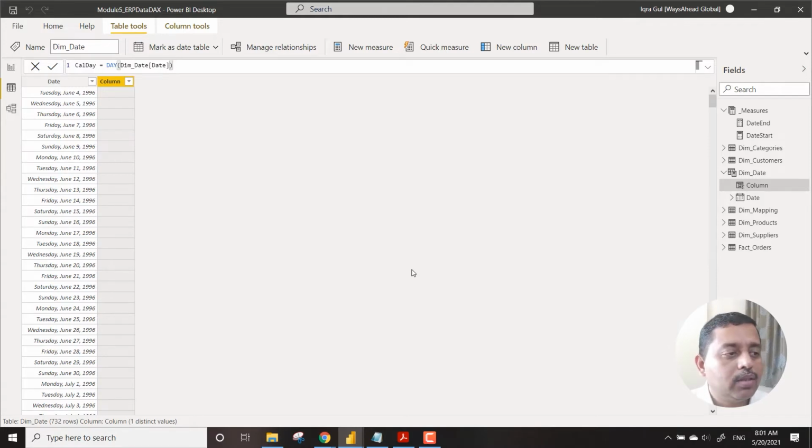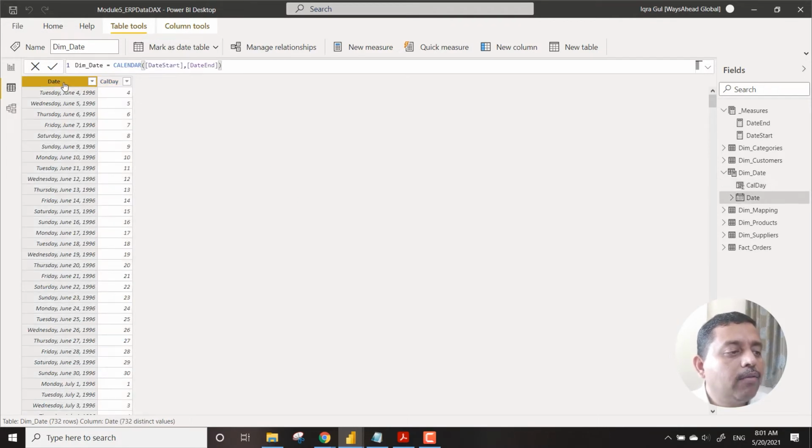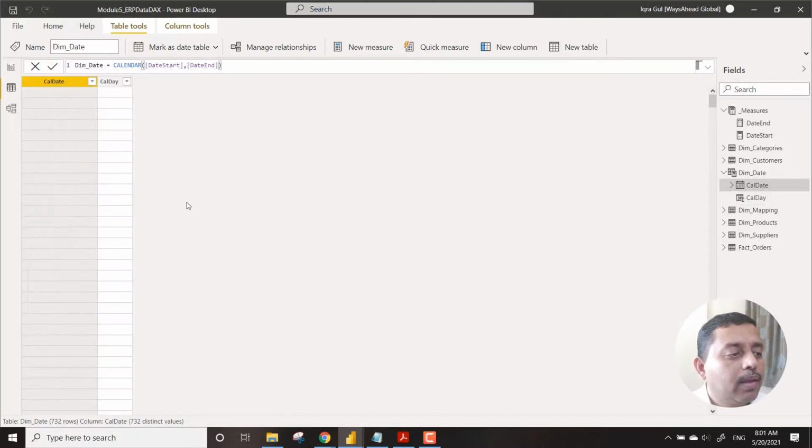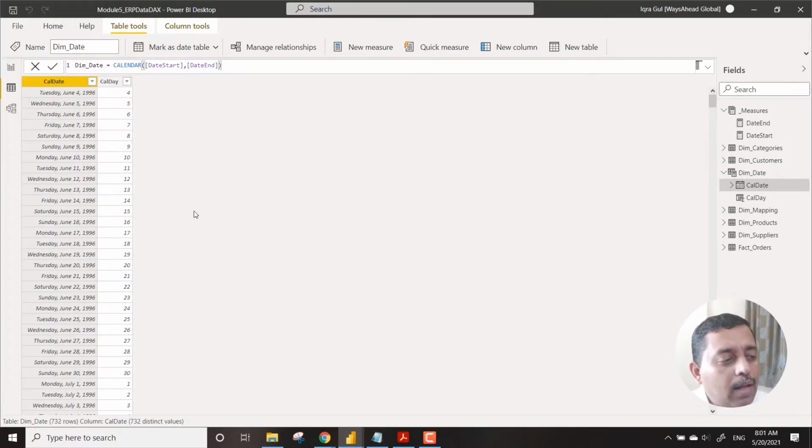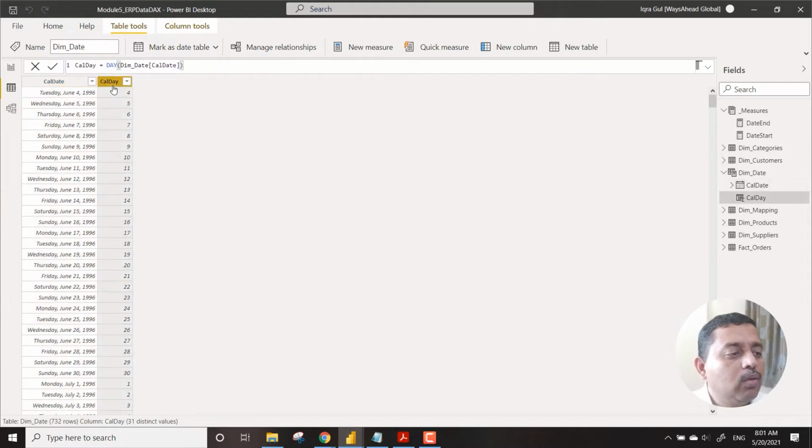Though I can get the date over here, it is always suggested that when you have this kind of scenario, always have an assignment something like this. Let's say cal date. So cal date, now it makes some sense. When you go to cal day, you will see that automatically it has changed to cal date. So you don't have to do anything again.